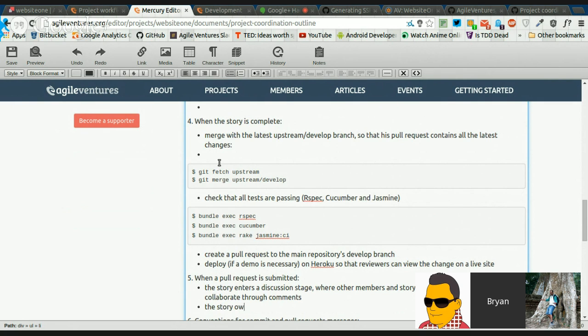Story owners, when consensus is reached. Okay. Consensus reached. Owners should update